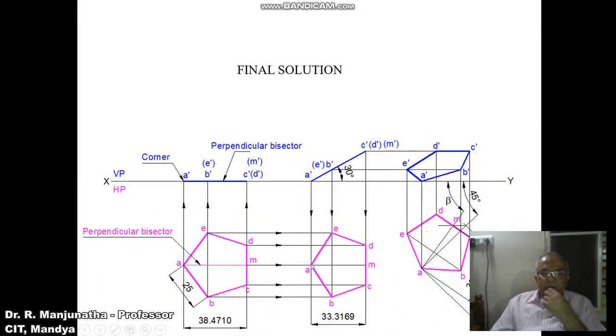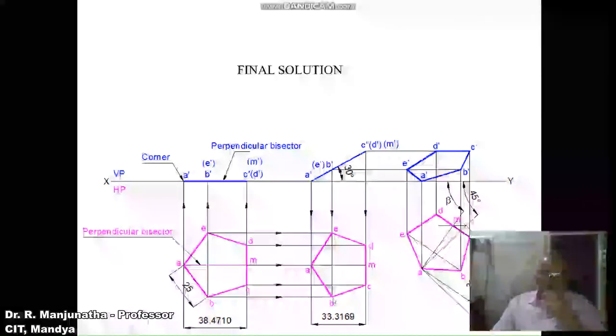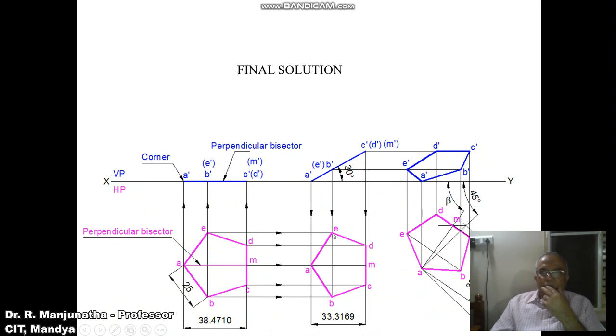Similarly, you measure the distance from A to this point, and from A you cut it on that beta inclination line and you mark this point. Through this point you draw a perpendicular to the AM line by using the protractor. Then by using the compass, you measure the distance from this point to B and also from this point to E. Both are equidistant from the same point. Transfer it from this point, and to the top side you will get E, and to the bottom side you will get the point B. Then mark these points as B and E.